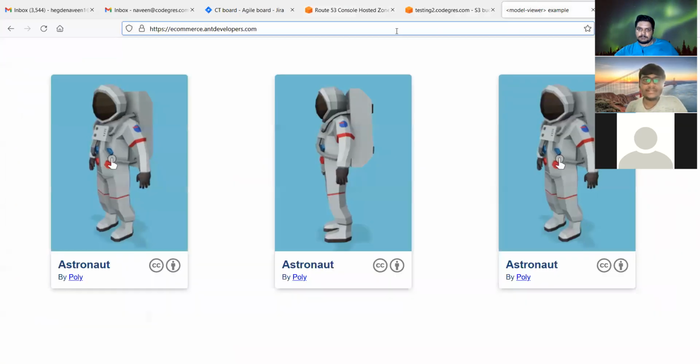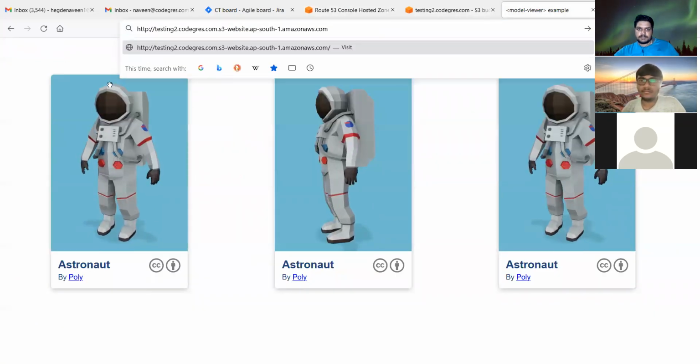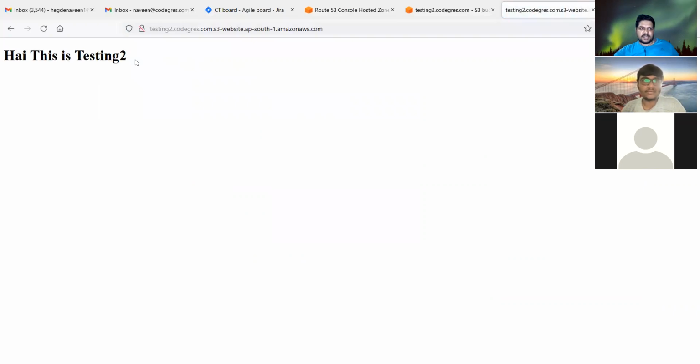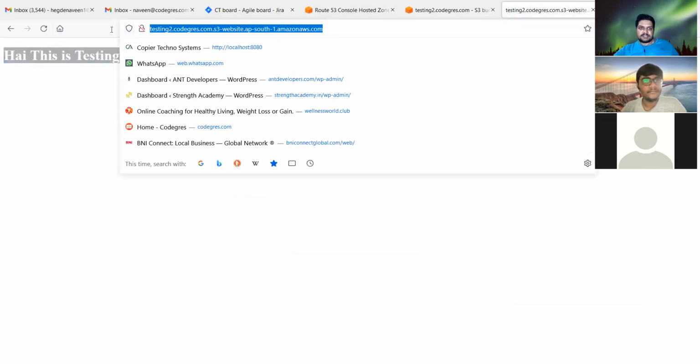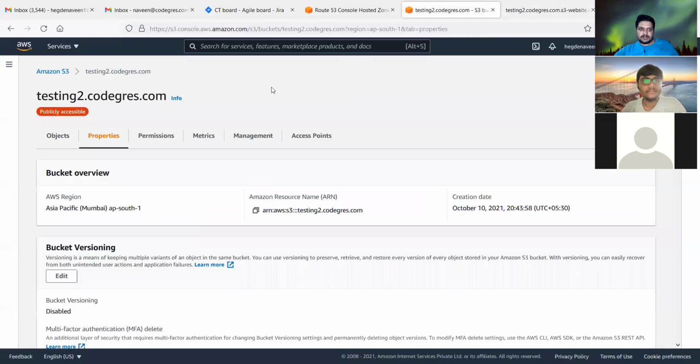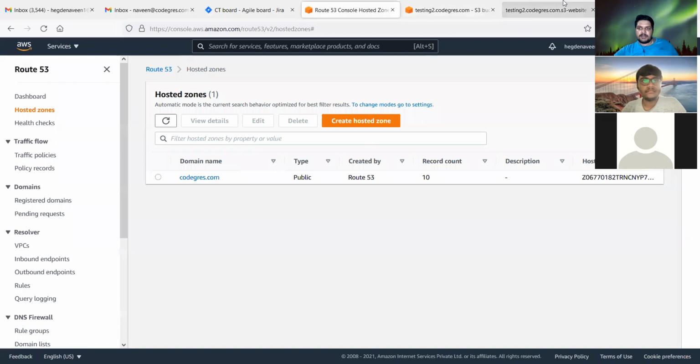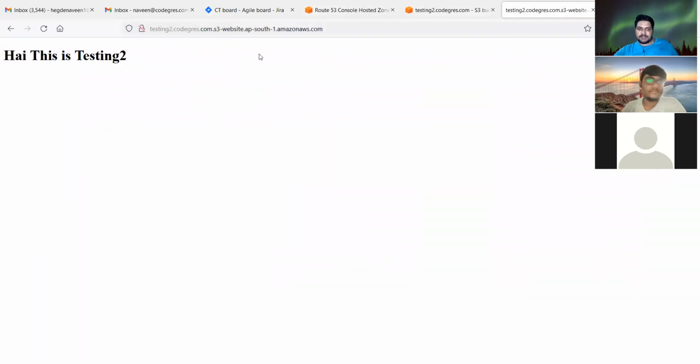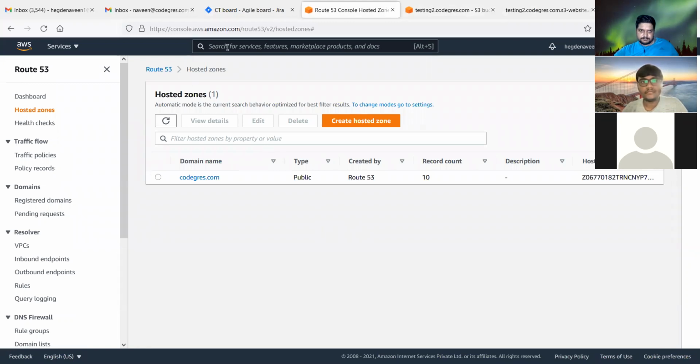If you apply this URL to Route 53 now, it will just show the same thing. I'll show how to add HTTPS also.